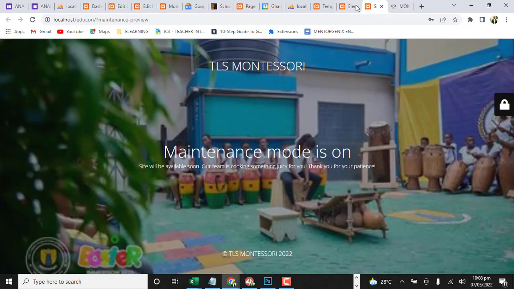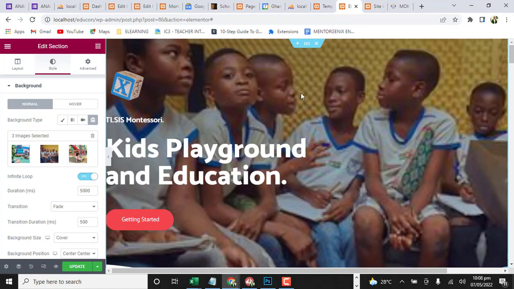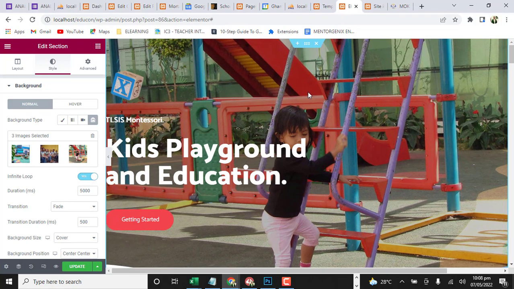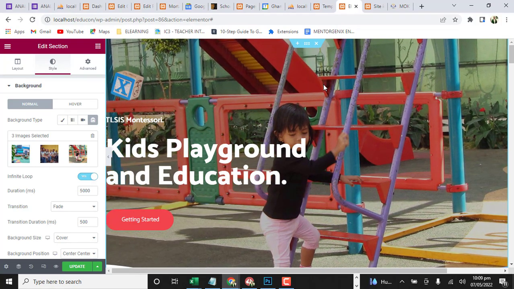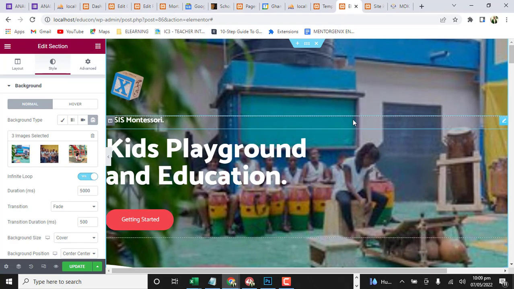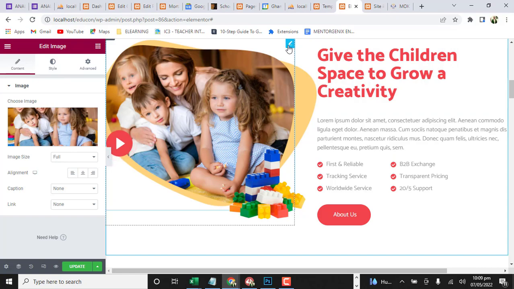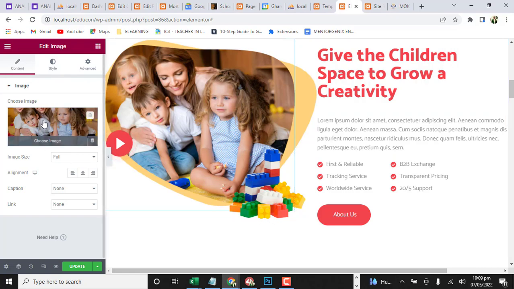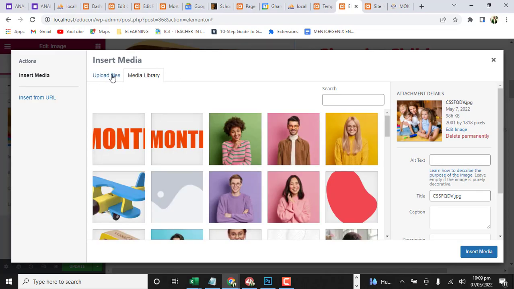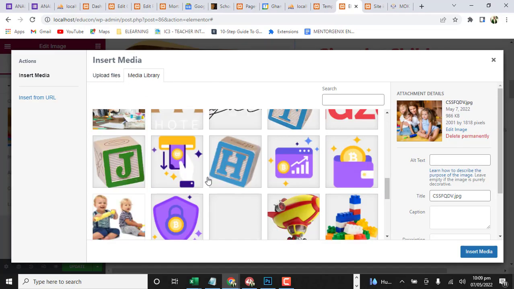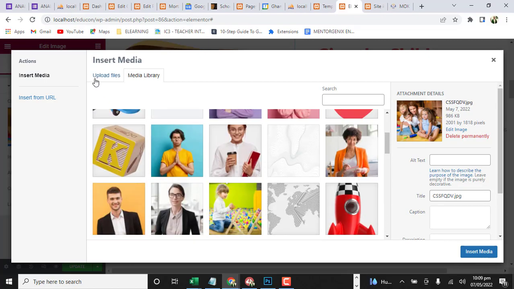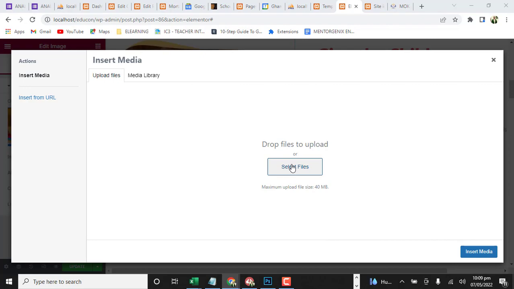So now what I was trying to explain is that you need to get correct pictures. You see these pictures, they need to be sharp. So you need to do it so that the slider will look nice, and then give the children space to grow creativity. This one you can change it. So click inside here, the edit icon here, and then remove this and replace it. Let's see if we have a picture of the school. No, so let's upload, select files,